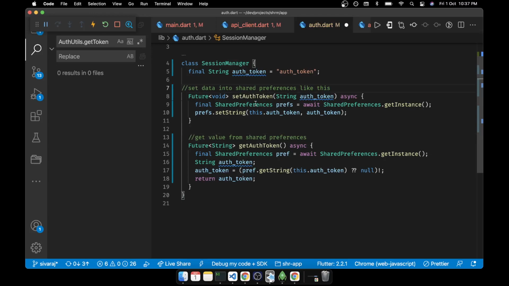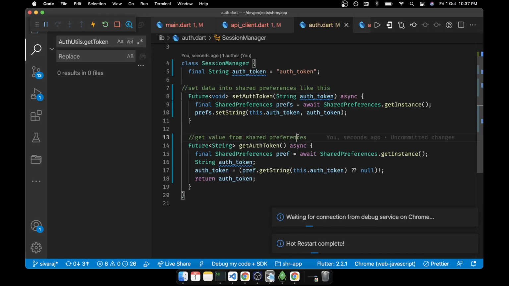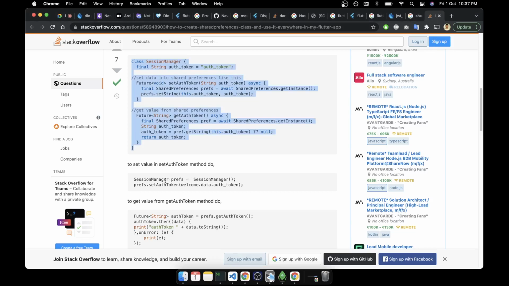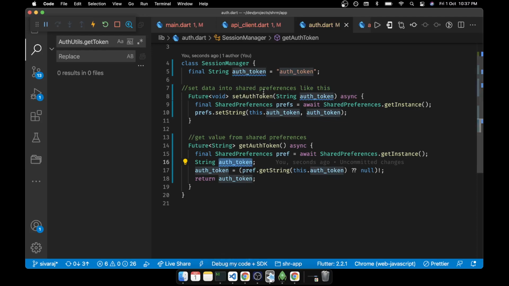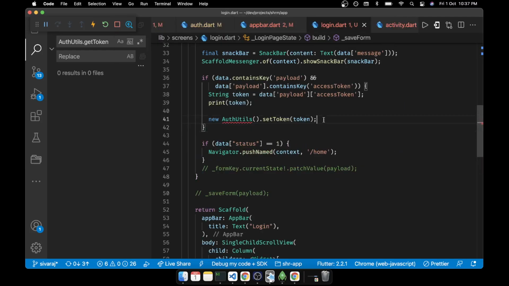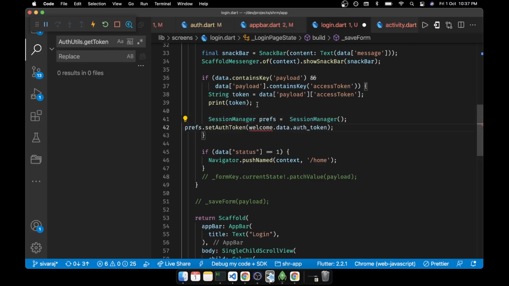So how do we call the setAuthToken method? Do like this. Okay, so we can go to this place where we have to do this in the login part. After successful login, we might have to set the token, correct?